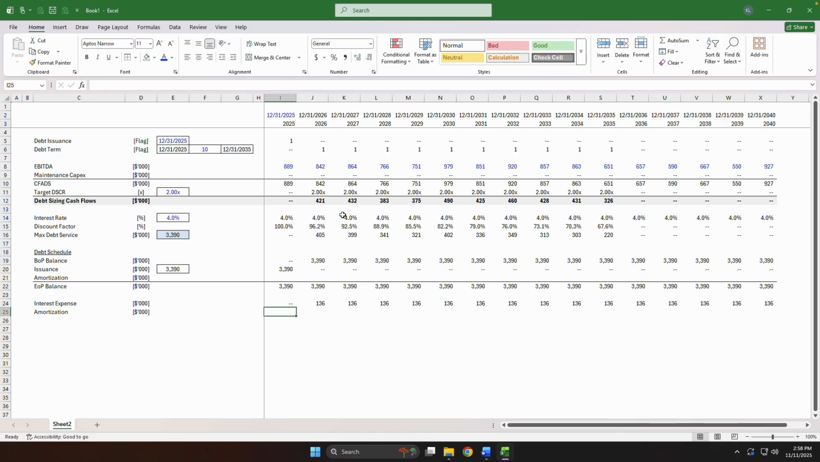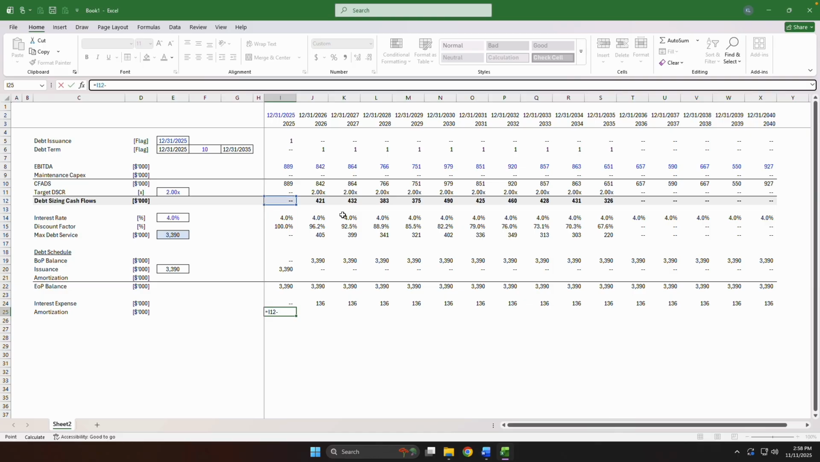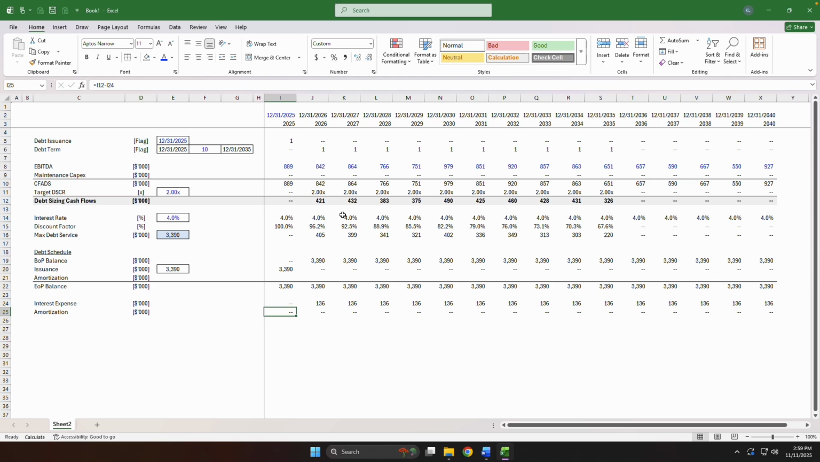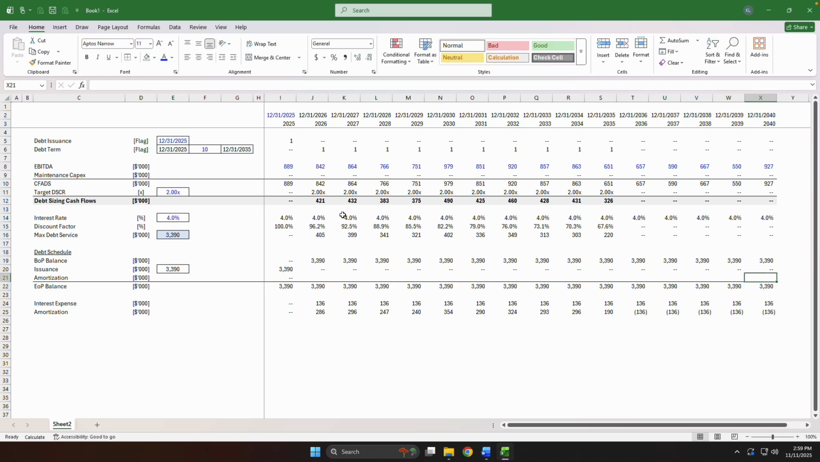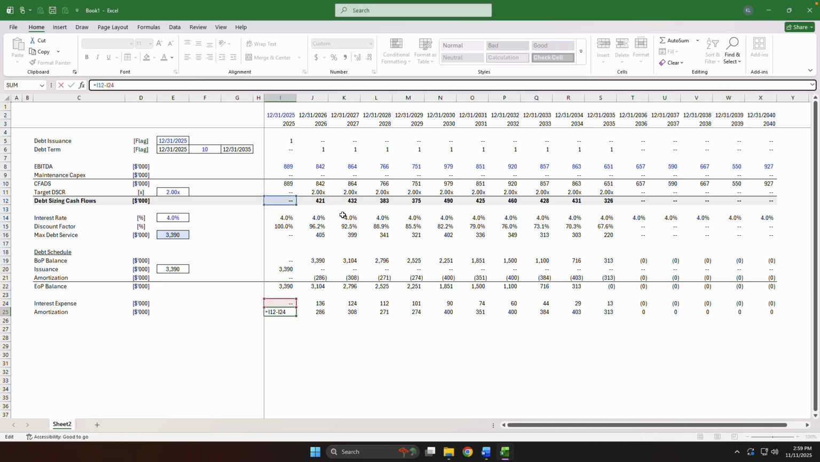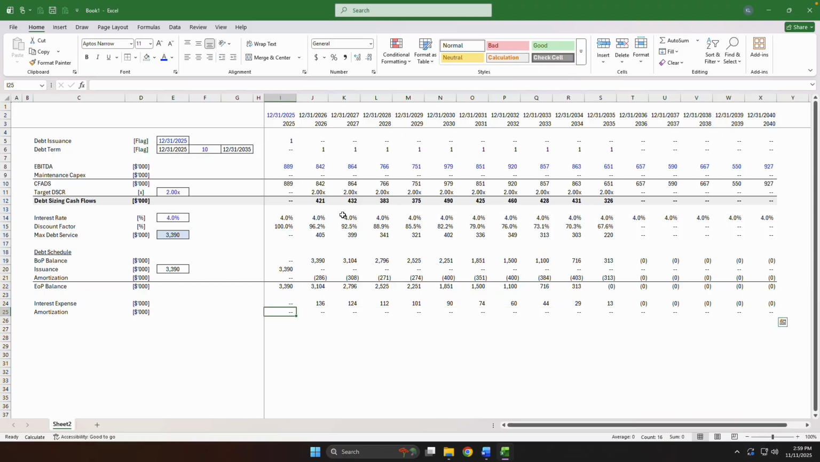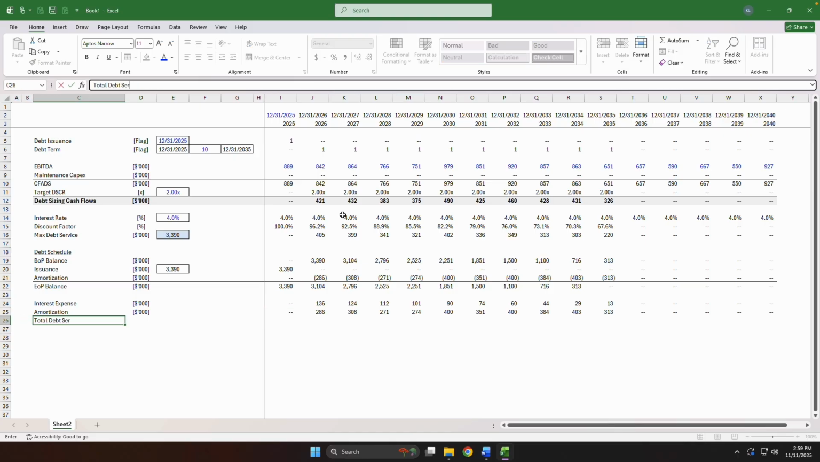And then your amortization, super simple. It's actually everything that's left over. So it's your debt sizing cash flows minus interest expense. Now that we have amortization, we can just plug that right in here. And you'll see that gets you with a little negative. So what we want to do is a minimum of your actual amortization and your beginning balance. That way, nice and clean, we just pay off the whole thing. No more tail. This is your total debt service,